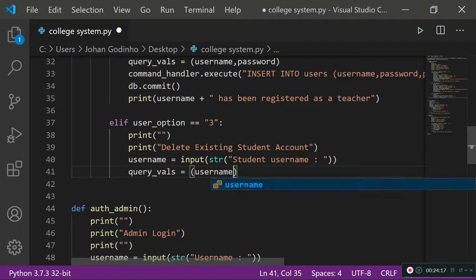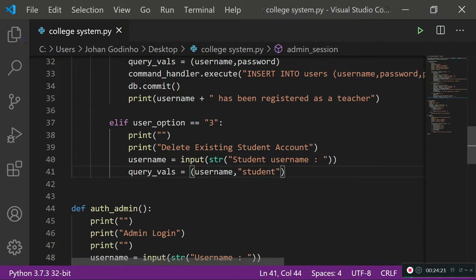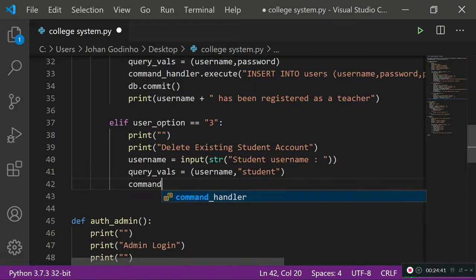Username is going to be stored in there, as well as we're going to be storing student as the second parenthesis. The second parenthesis is stored as student because the account privilege we're going to be looking for is a student account. So we don't want to delete any teacher that has the same username. We only want to delete any student that has the same username. Cool. So once our query values variable is done, we're going to do command handler.execute, and then let's write our